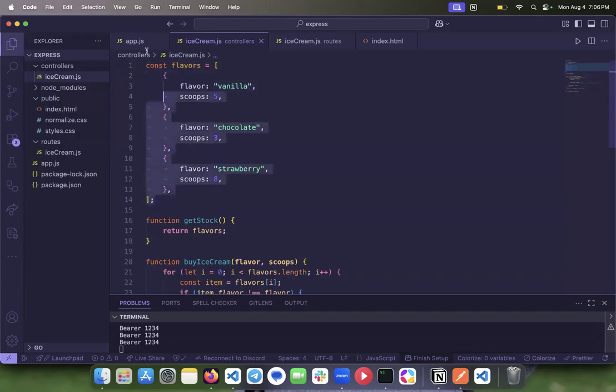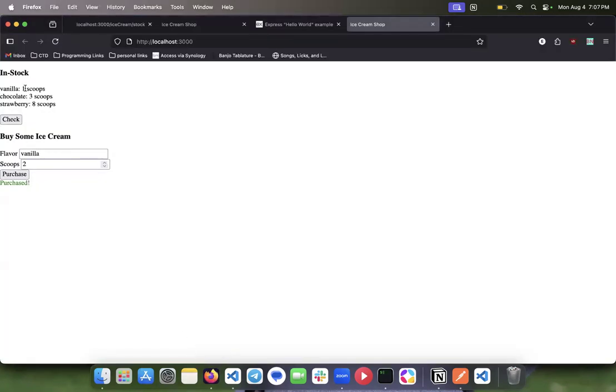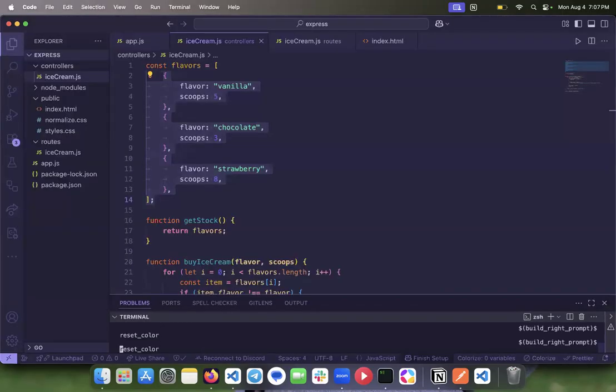But the reason why we don't really want to do this for every application and we would want to use a database is it only exists as long as the application is running. So I just bought 4 scoops of vanilla ice cream. I'm now down to 1. If I refresh the page, my application is still running. The server is still running, so it says 1 scoop. But if I were to cancel this server and turn it off,